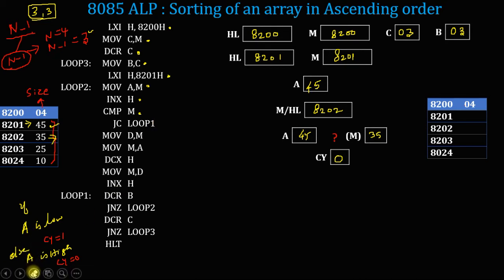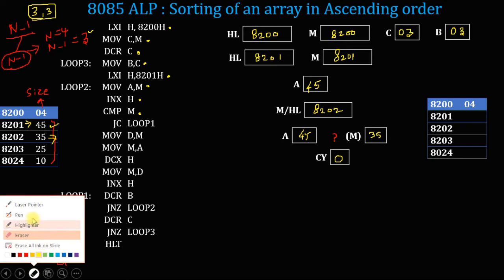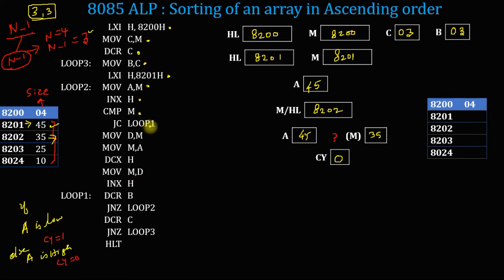I'm telling you that there is no jumping operation over there, because the carry is not set, right? So no jumping operation will be executed. The very next instruction will be executed. What are you going to do? 45 and 35 are not in ascending order, right? So we did the logical sequence check, and now we do swapping. So 35 and 45, based on their locations, are going to be swapped now.